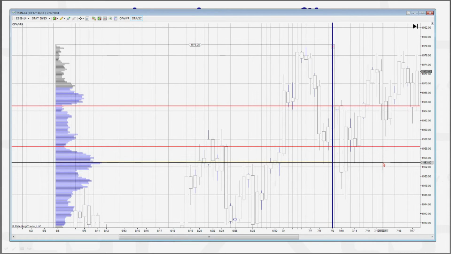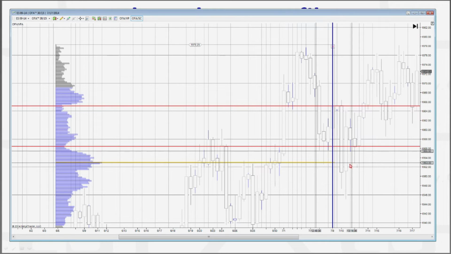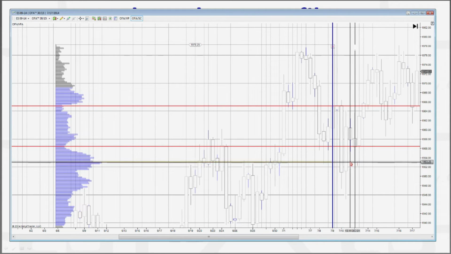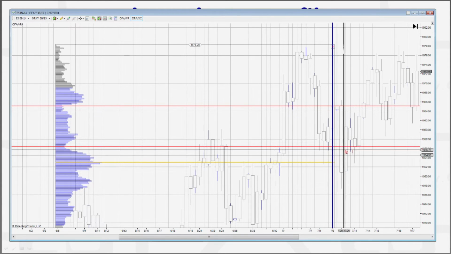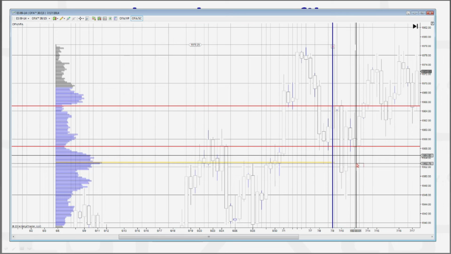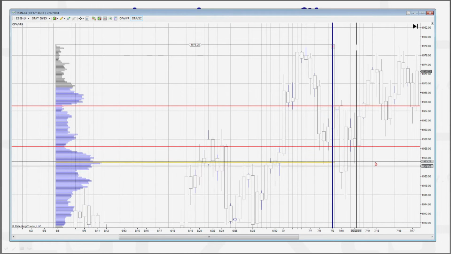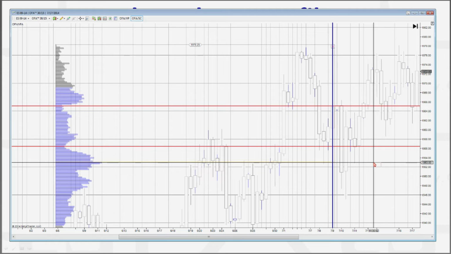Why? Because when you think about the auction, that's why everything to me is about the auction. When you think about what's happening in the auction process right here, up to this point, these buyers and sellers have shown that this is the most fair price. Now price comes back up above it. It had already rotated down, which is exactly what I expect. I expect rotation through a high volume area, back up through it, comes back down to it, right at this level, and bounces off it with responsive buying,